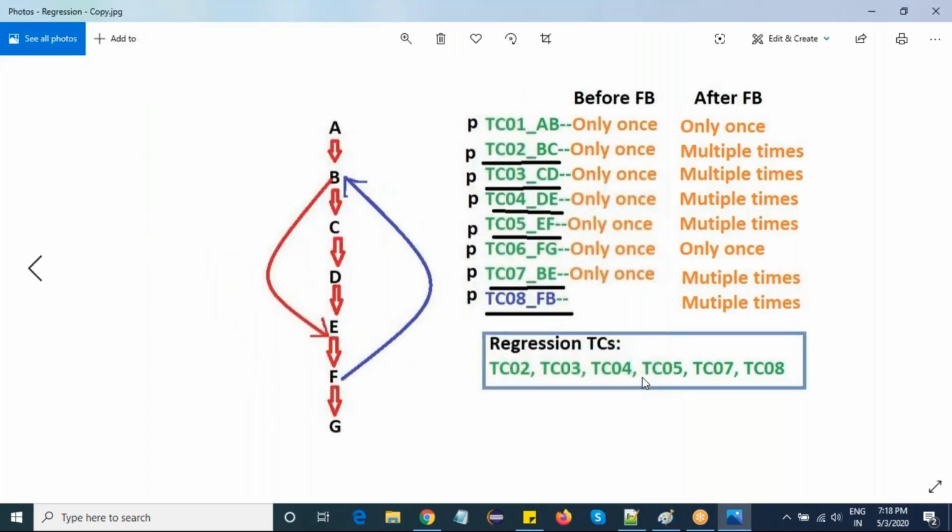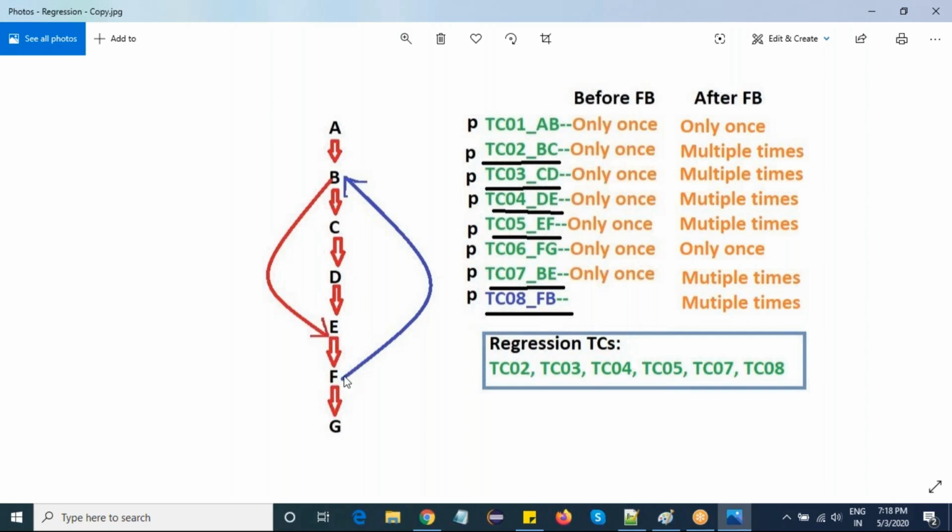So if you see here, there is a process. There is a page navigation. Let's not consider the purple. Just try to remove the purple in your mind. Only see the black flow. I have pages from A to B, B to C, C to D, D to E, E to F, F to G. I have the flow like this, and there is another flow from B to E.